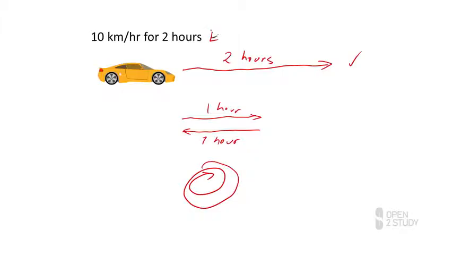We need a better description. If we have a direction there, if for example I said I was going 10 kilometers per hour heading east for 2 hours, then you'd know exactly what was going on. It's clearly that first example just at the top there. Now I have additional information. So knowing how fast I'm going and what direction I'm going in allows us to have a proper description of the situation. That's what we need in physics. We need the best description we can have.